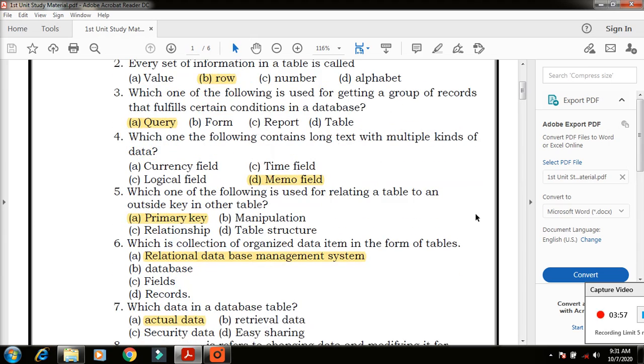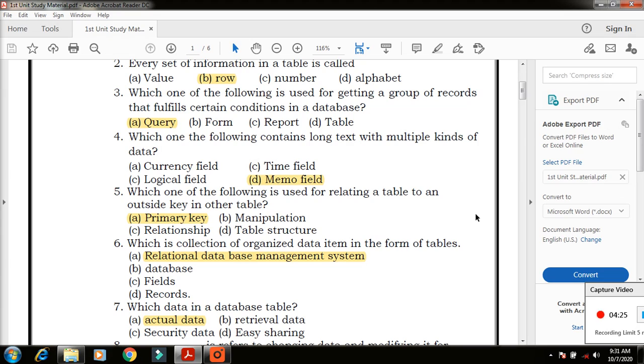Okay, next one, which is a collection of organized data items in the form of tables? You must understand the meaning of the question. Collection of organized data. Organized data means arranging. We have to keep things here and there, like that.